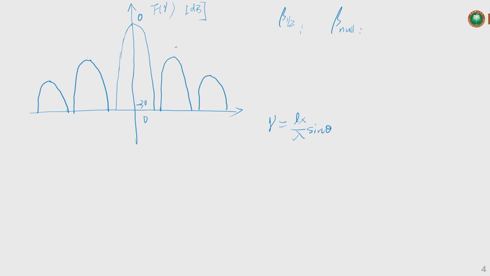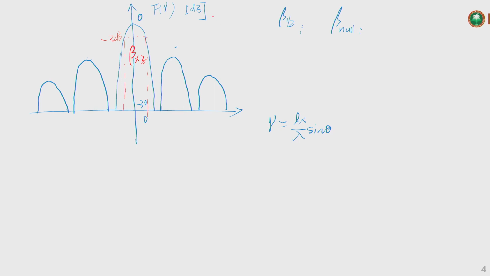So, for the half power beam base, because we look at along the x-axis, the half power beam base corresponds to the minus 3 dB, right? So minus 3 dB. So the corresponding beam base is this is the half power beam base, and